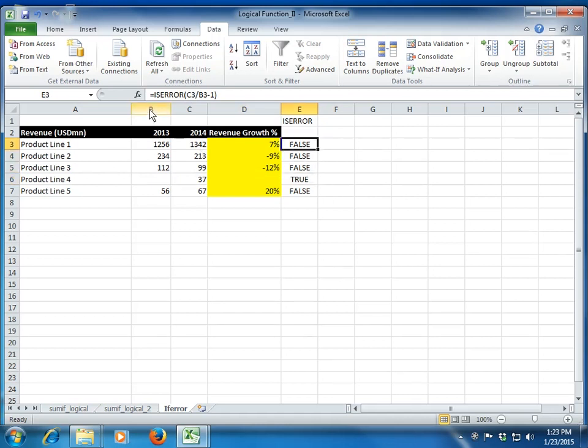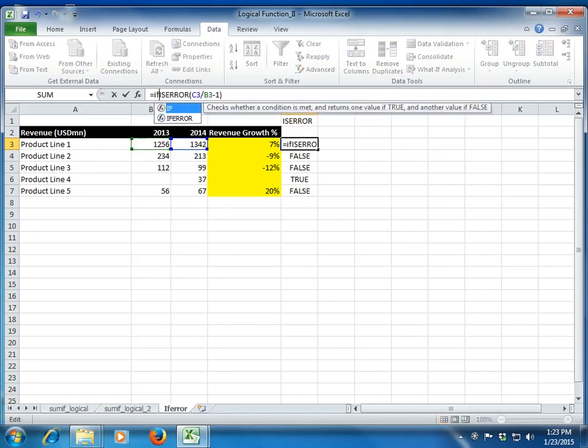Now, if we use our logical mind, we can combine ISERROR with an IF function. We already know how the IF function works and what the syntax is. I have given it a logical test: this entire thing, including ISERROR, is my logical test. ISERROR will give me true or false. So I tell Excel what to do if it's true, that is, what to do if the error is there. I say give me a blank space. What to do if the error is not there? I will again have to rewrite the formula. So it says that if the error is not there, then please do this calculation, that is current year divided by last year minus 1, and I close the bracket.